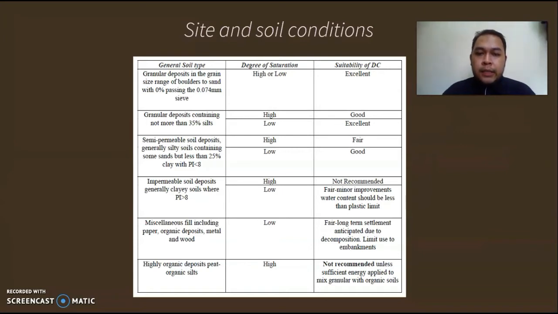Either the degree is very high. The suitability is that it cannot be used unless there is sufficient energy applied to the mixed granular with the organic